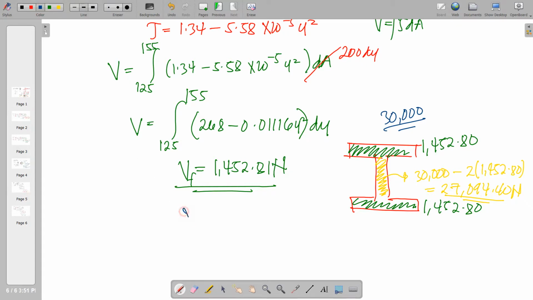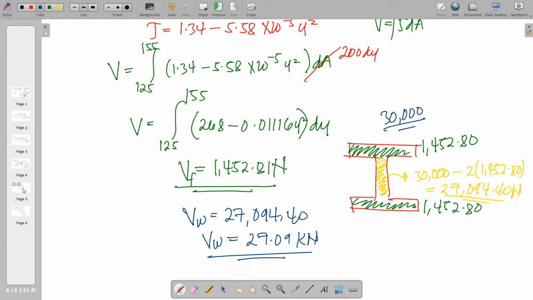So therefore, the share of the web will be equal to 27,094.4. So if we are going to express that in kilonewton, that is 27.09 kilonewton. So the answer a while ago,